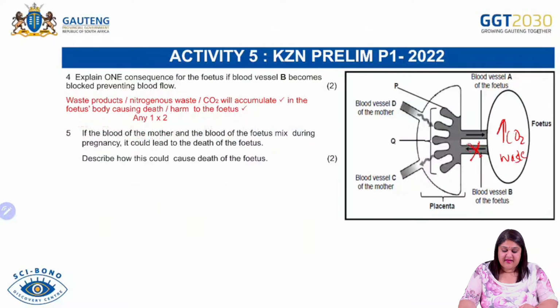If the blood of the mother and the blood of the fetus mix during pregnancy, it could lead to the death of the fetus. Describe how this could cause the death of the fetus. Okay, so now you've got to think to yourself, why do we not want the blood to mix? Firstly, if the mother has any diseases and the blood is going to mix, then that means that the fetus can get the disease. Secondly,